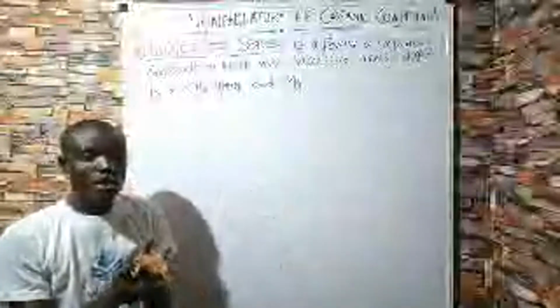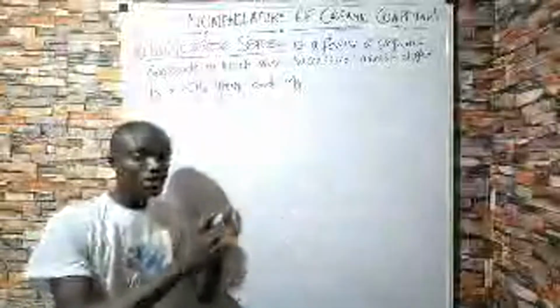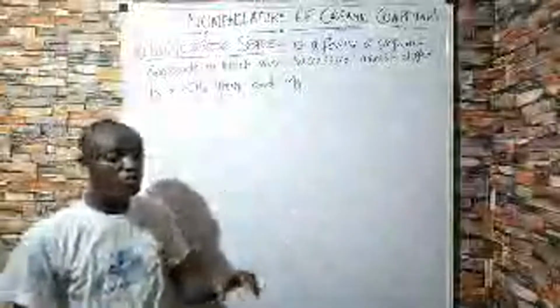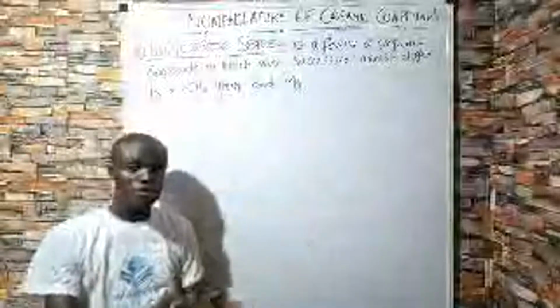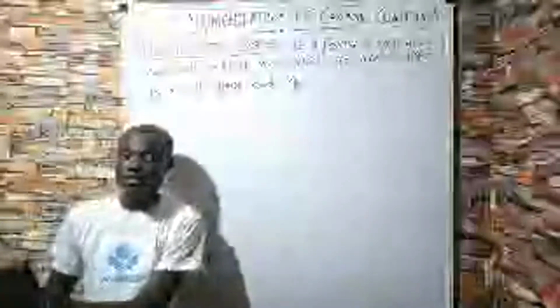Now let's understand something. For the homologous series, like we say, it's a family, and like I told you, there are a lot of organic compounds. So to easily understand them, they place them in families. If you look at this compound, oh, it has this property, let's place it here. If they all have single bond, you can place them in one family. If they have double bond, there's a family you can place them. If they have triple bond, just like that. So that's the family of organic compounds.